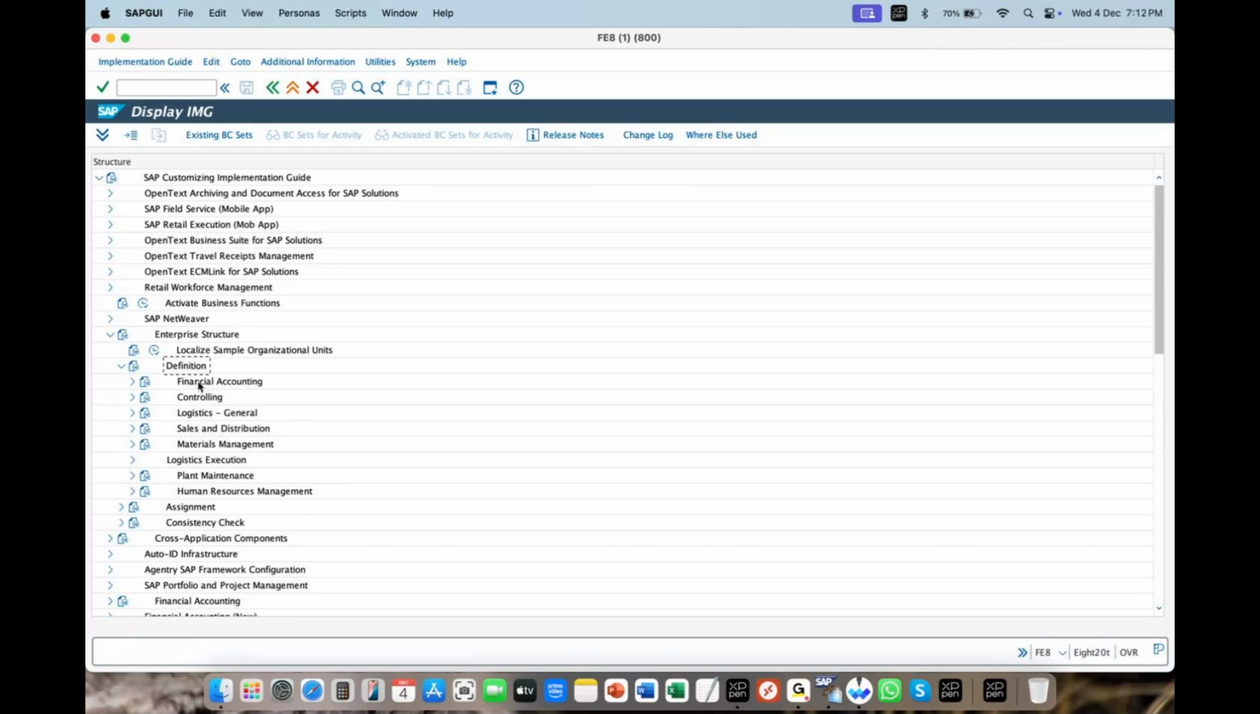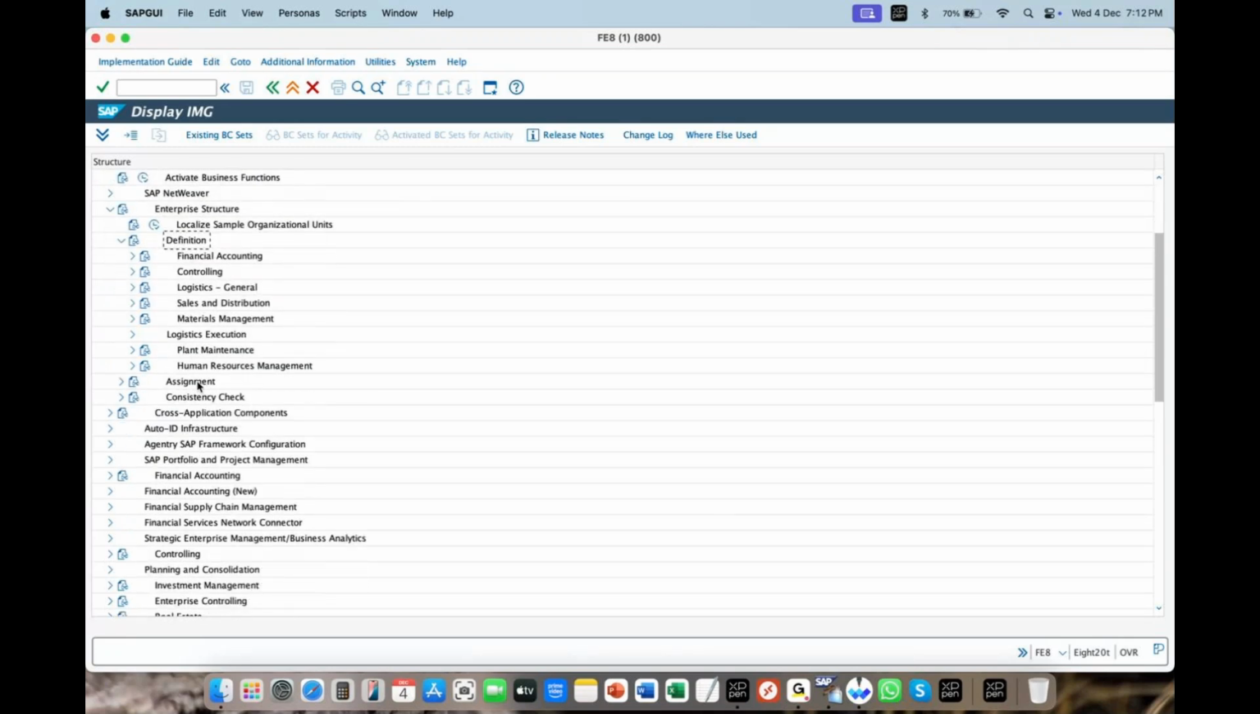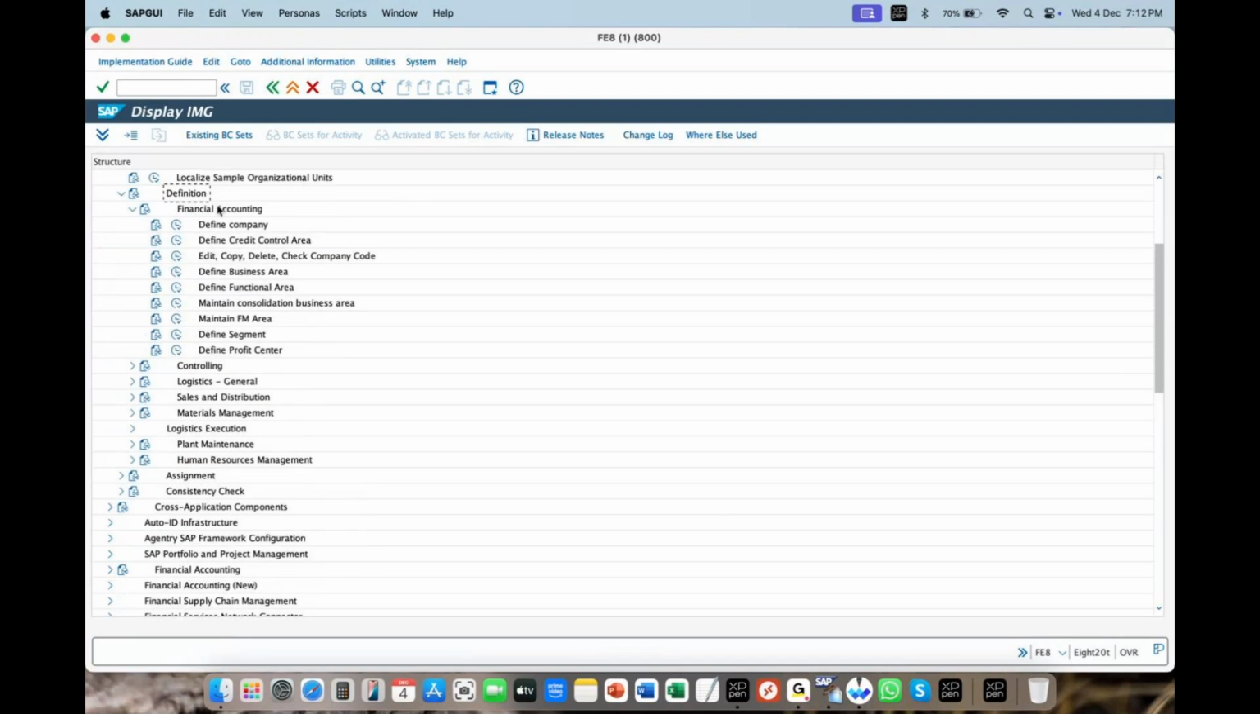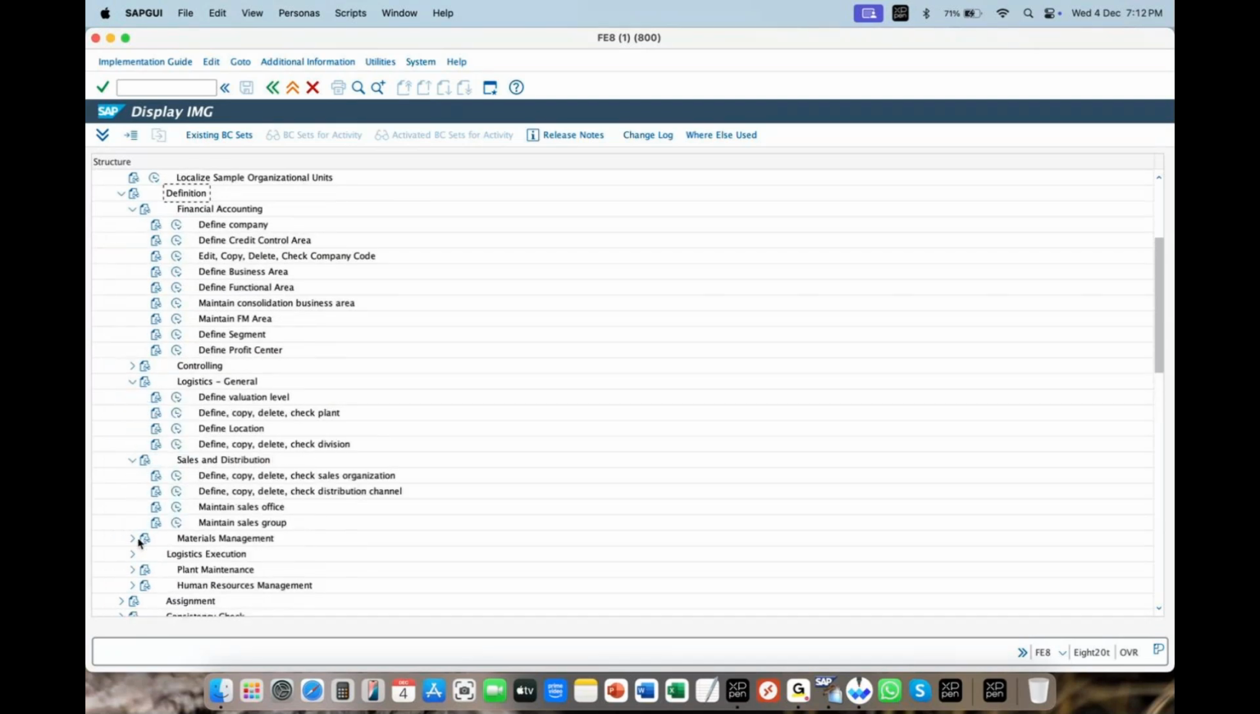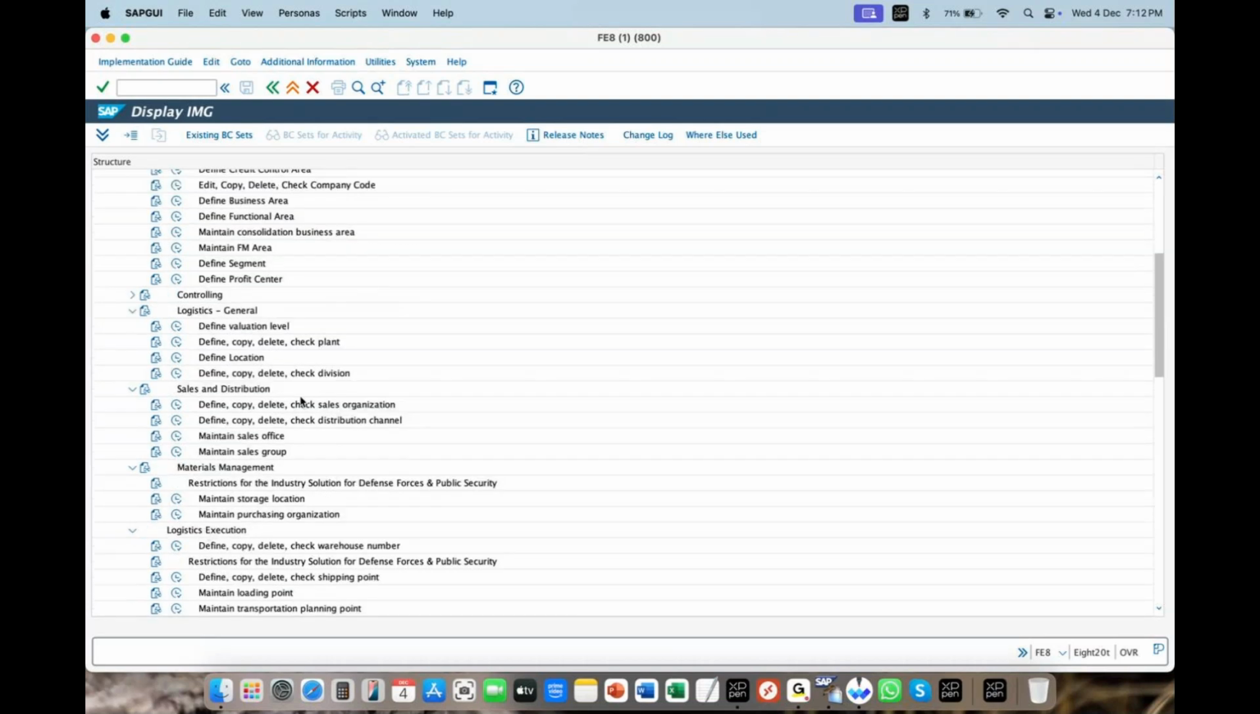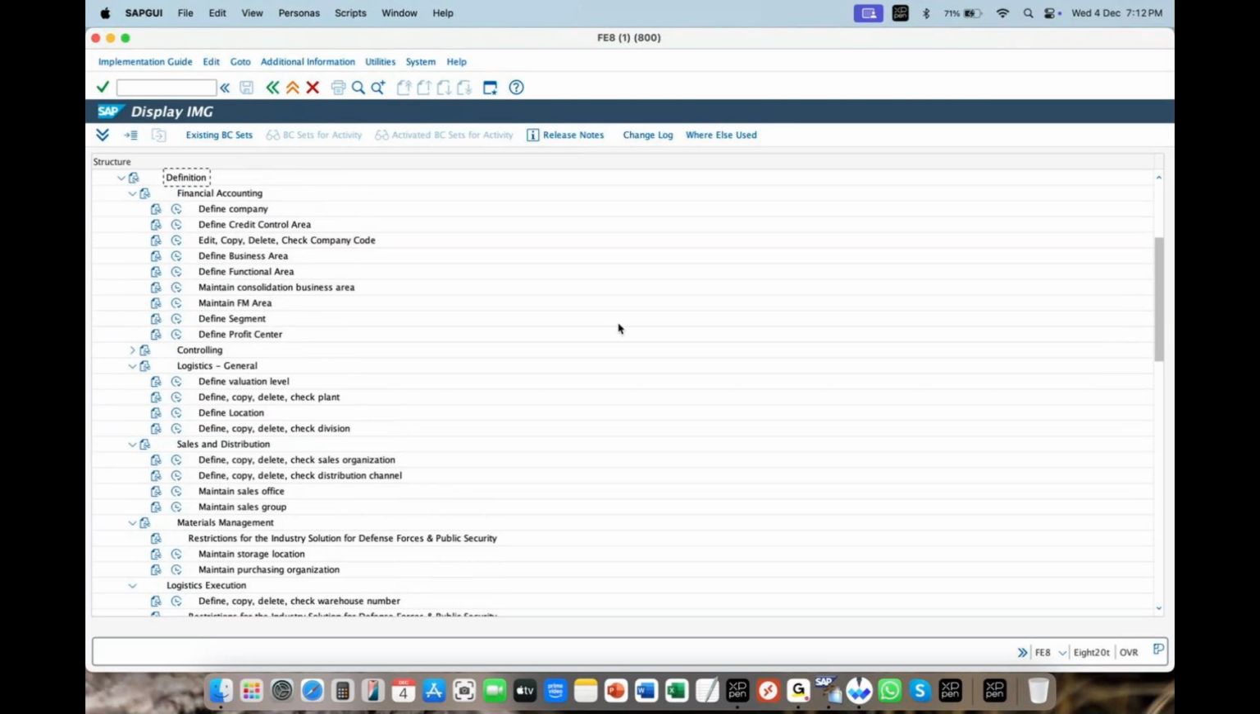Now here under definition we have financial accounting, we have list of activities, we have logistics general, we have list of activities, sales and distribution, materials management, logistics execution. Module wise SAP has been given the index briefly. Now first, the clarity of what you all need to understand is